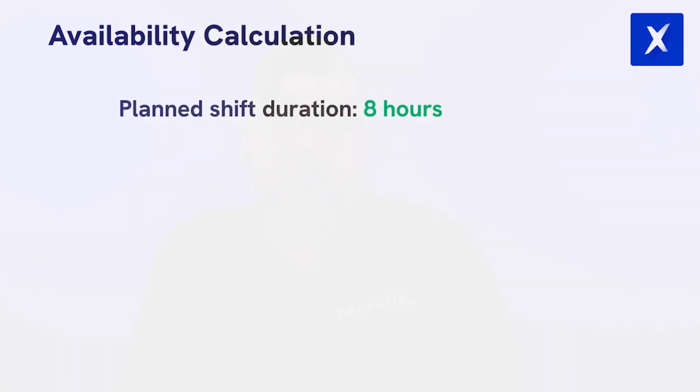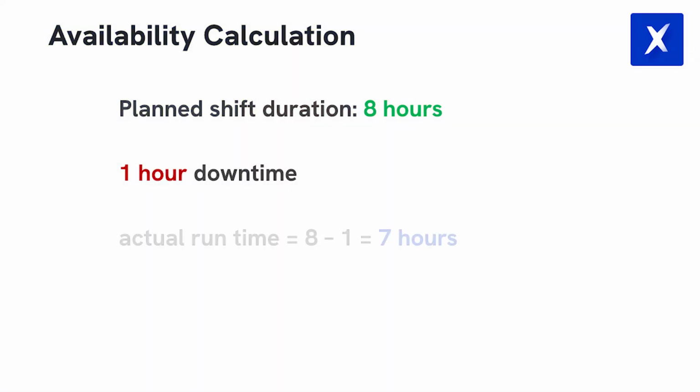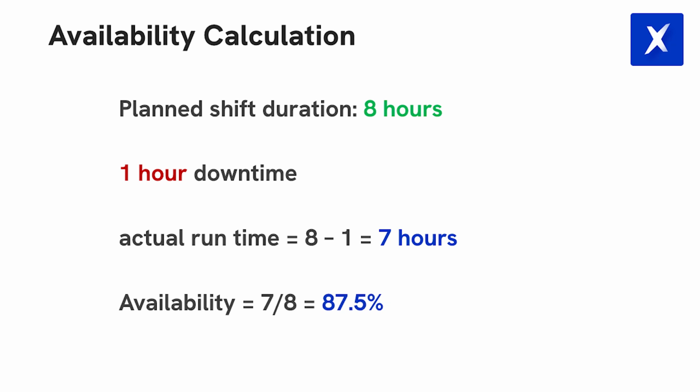First is availability. Availability takes into account all events that stop plant production long enough that it makes sense to track a reason for being down, which is typically anything longer than a few minutes. This is calculated as the ratio of actual runtime to plant production time. So if your shift plan says a machine should be running for 8 hours, but there is a downtime of 1 hour, the actual runtime is only 7 hours. That makes availability 7 divided by 8, which calculates as 87.5%. This also includes planned downtimes like changeovers, as these also affect availability.